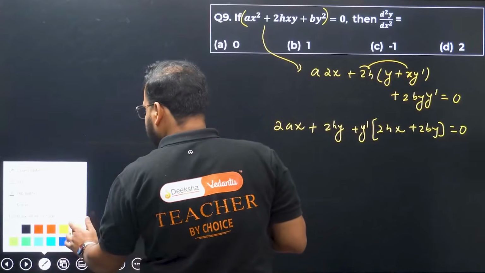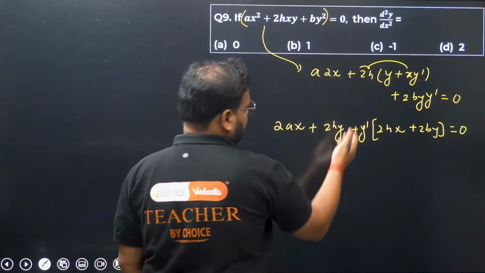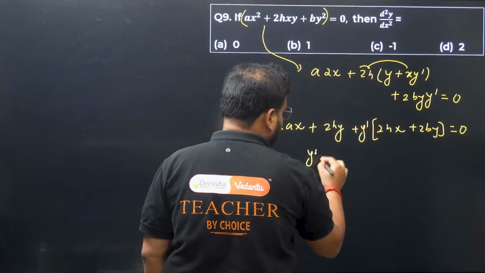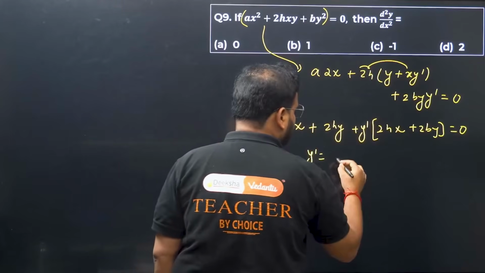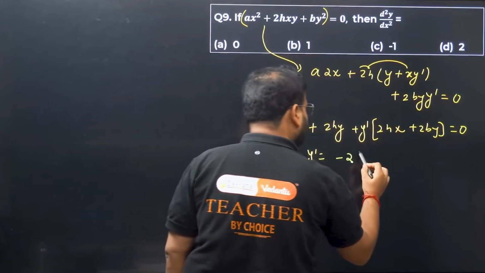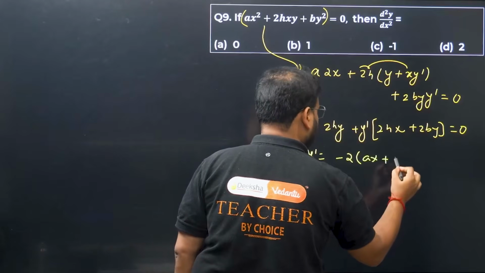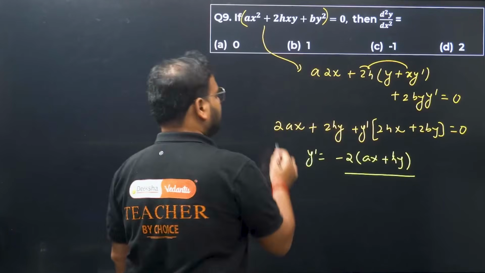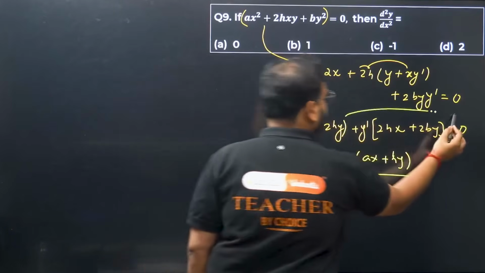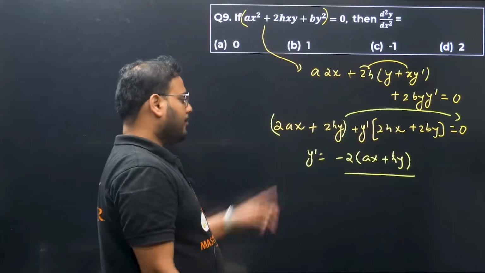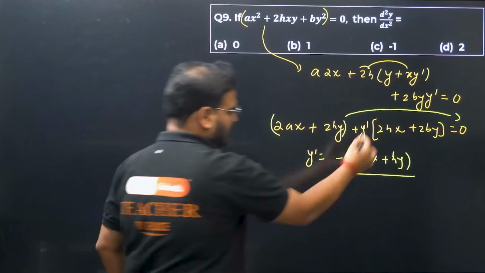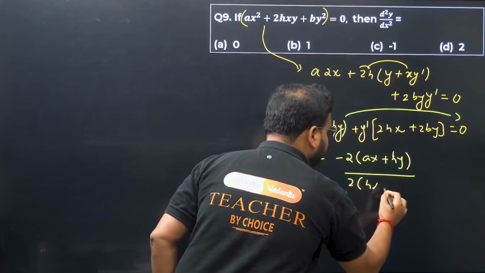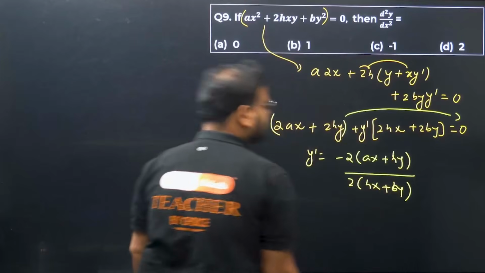Alright, now let's try to make y dash the subject. So I get y dash equals to, take these terms over here, I get minus 2 common, so I get ax plus hy divided by, I'm taking these two terms on this side, okay. So I get ax plus hy, minus 2 taken outside, divided by this, 2 times hx plus by,